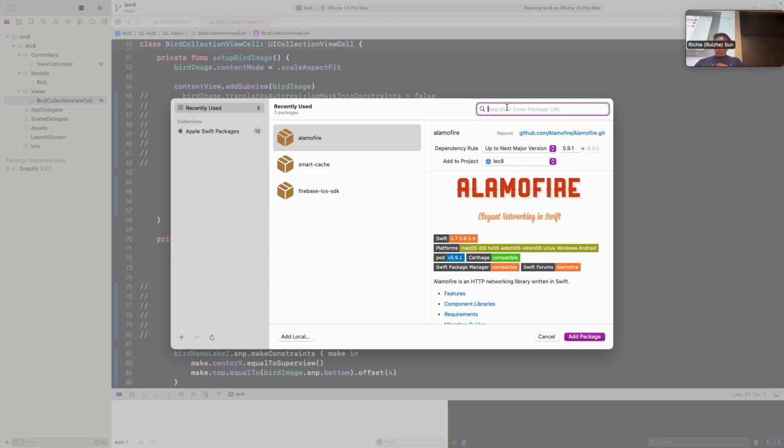So this applies to any package you want in the future. If it is Swift integrated, you can just copy the repository link, paste it in this package area here, and you'll be able to actually use that package, just to save you a lot of time or anything like that.